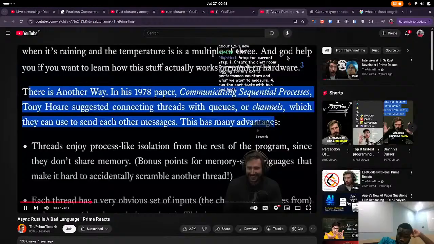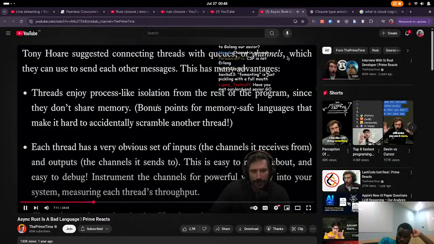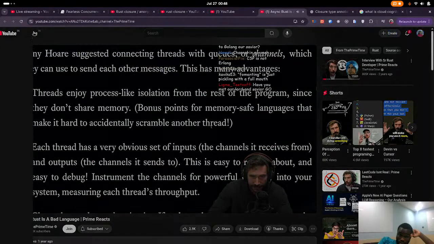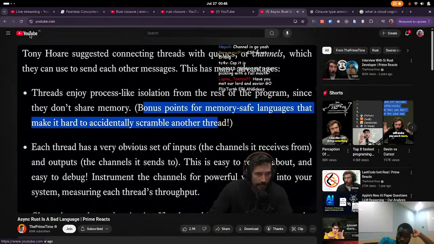Modern hard. Here we go. Threads enjoy process languages that make it hard to accidentally scramble another thread. Yeah, Rust. Each thread has very obvious